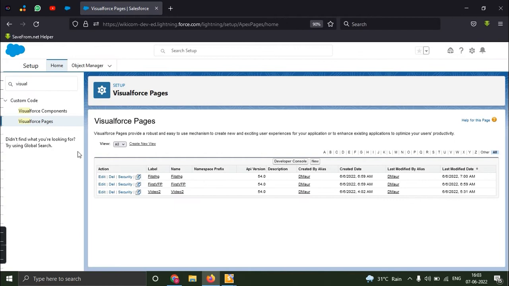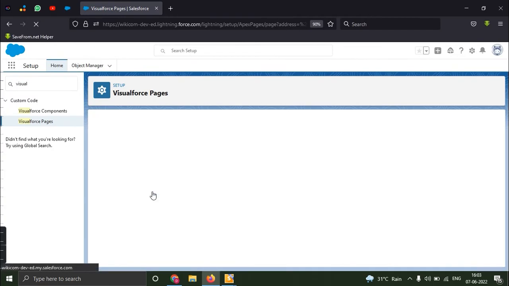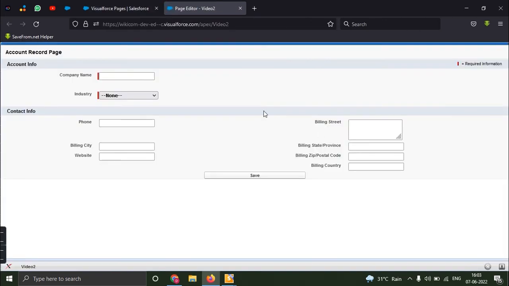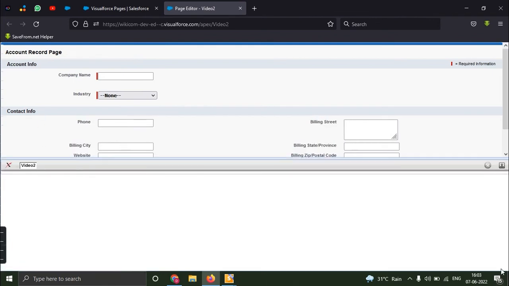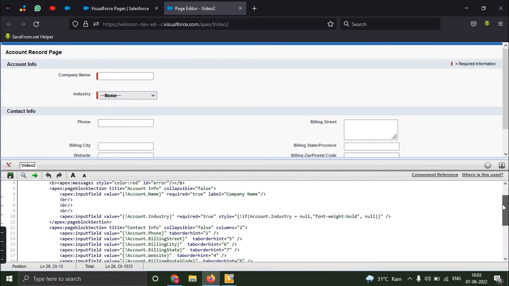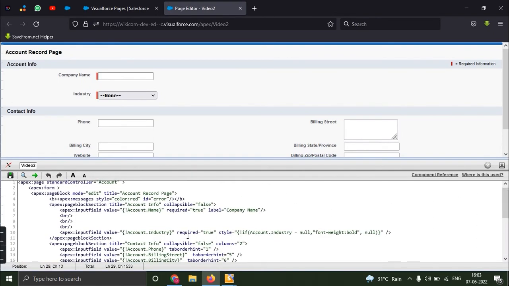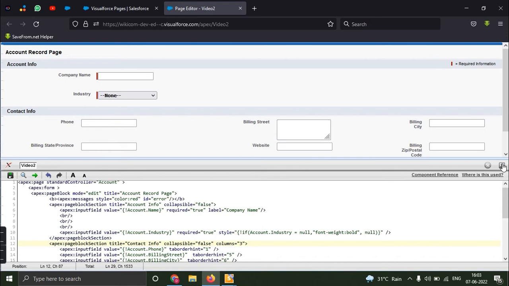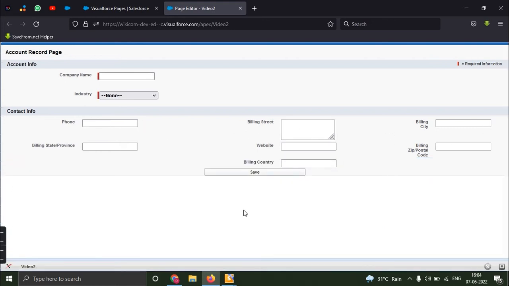I'll show you the live demo for this. Like this video 2 is our Visual Force page. Okay, I'm clicking on preview and see currently in this section our data is being displayed into two sections. Okay, so how can we achieve more than two sections here? By increasing the number of columns. Suppose I am increasing this number to 3. Okay, so once I save, see here we can see our data is being displayed into three different columns. So guys, this can only be done by Visual Force. This can't be achieved in Salesforce pages.